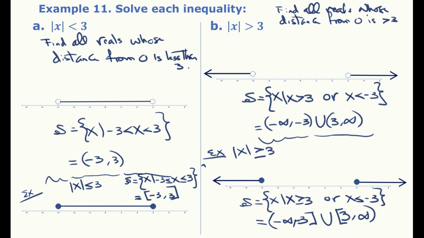So we put a bracket next to -3 because it is now included, and one next to 3 because that is now included. Of course, to the right of infinity or to the left of -infinity, we always put parentheses because they're not actual numbers we can include. They're numerical concepts. All right, so that is how you would handle these